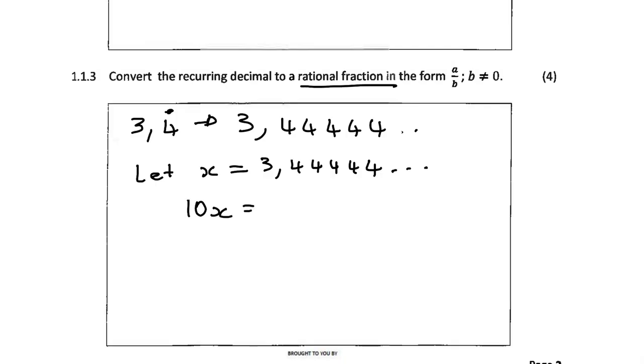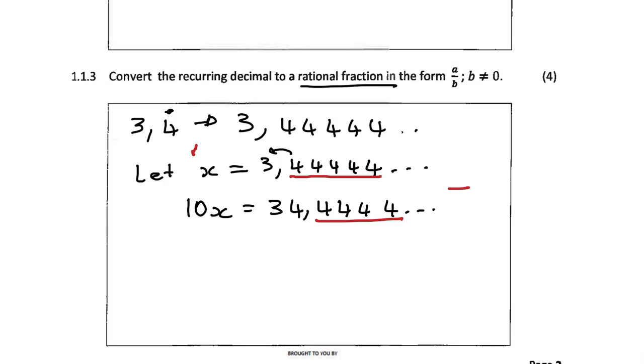And then what you do on this side, you must also do on that side. So you're going to multiply this side by 10 here. If you multiply it by 10, what you get is 34.444 moving like that. So do you see that if you multiply it by 10, a 4 moves past the comma and then it becomes 34.444. The reason is that you want to have the same numbers after the comma so that when you subtract the two numbers,